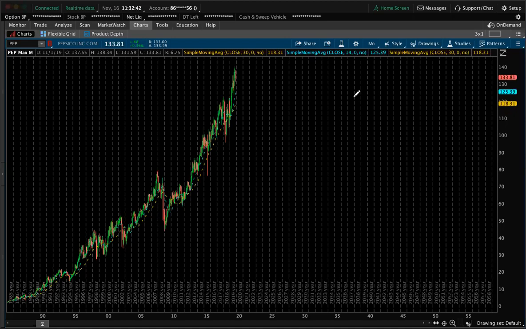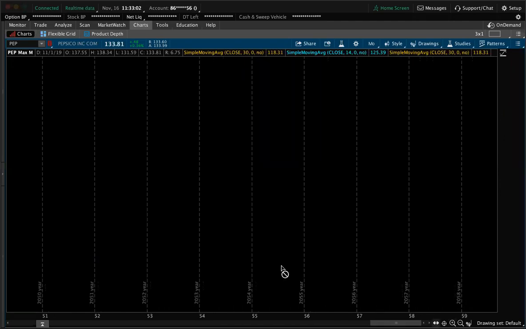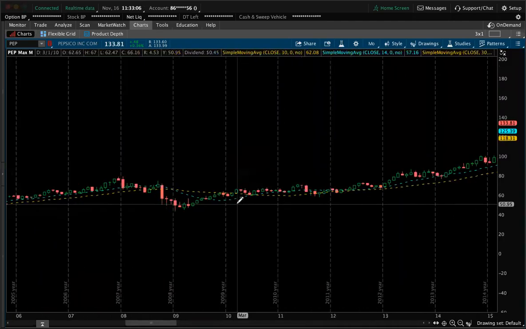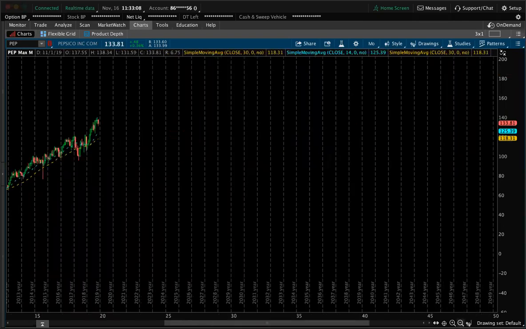You can look at the chart and say, "Oh my God, it's overextended." Yeah, who cares? Or you can say it's oversold, whatever you want. But this is the whole basic breakdown of how I look at every single chart when I'm going into a trade. So we're going to start with PEP. This is the monthly chart. I'm going to scale it so it looks much better. Now we're going to shorten it a little bit.